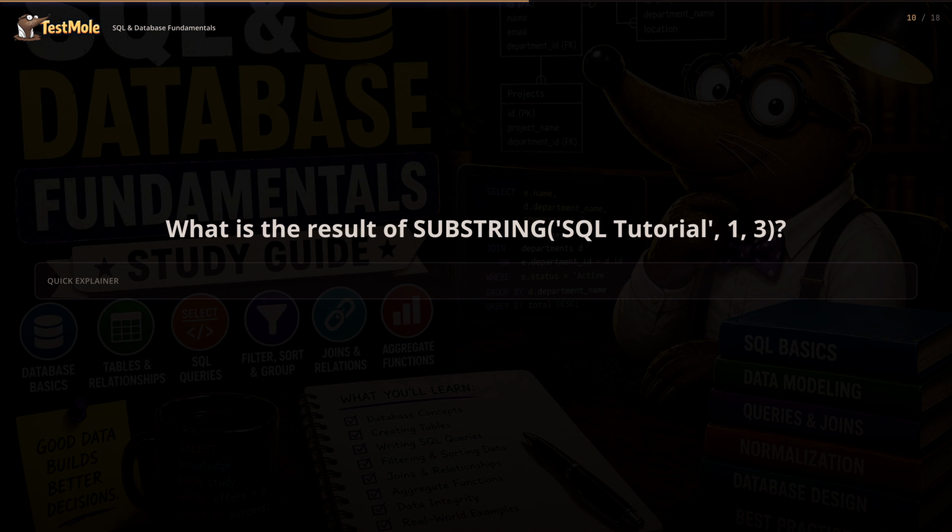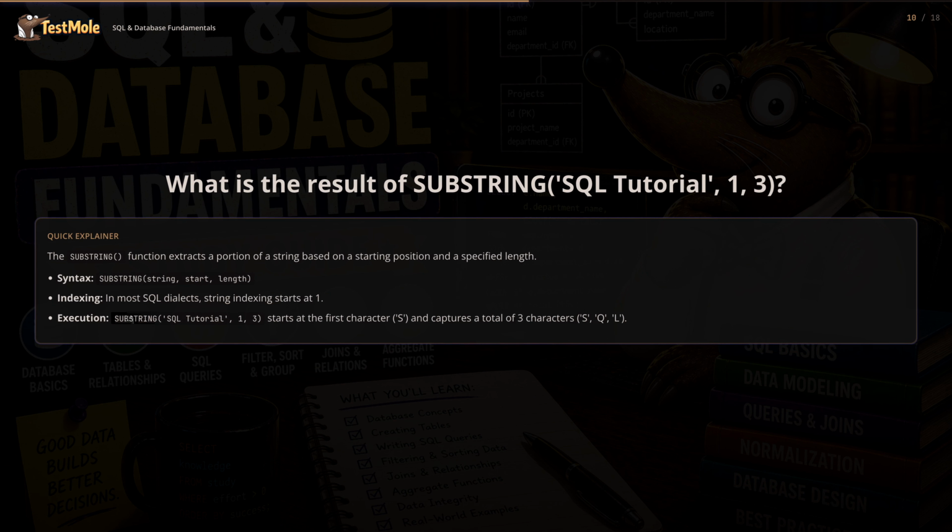What is the result of substring 'SQL Tutorial', 1, 3? The substring function extracts a portion of a string based on a starting position and a specified length. Syntax: substring, string, start, length. Indexing: in most SQL dialects, string indexing starts at 1. Execution: substring 'SQL Tutorial', 1, 3 starts at the first character, S, and captures a total of 3 characters, S, Q,